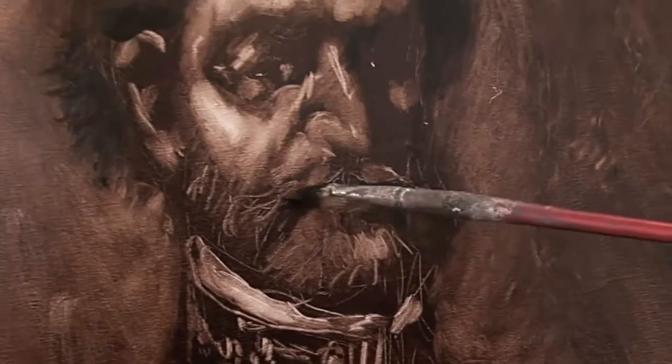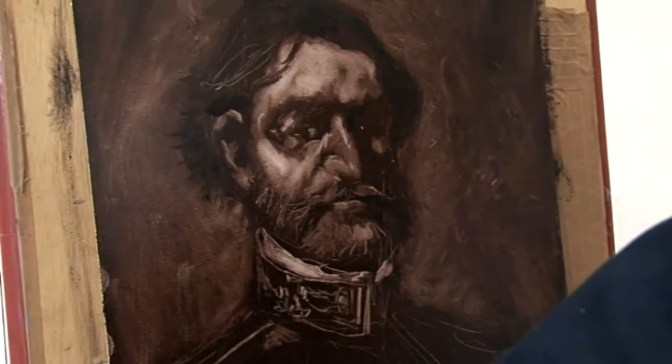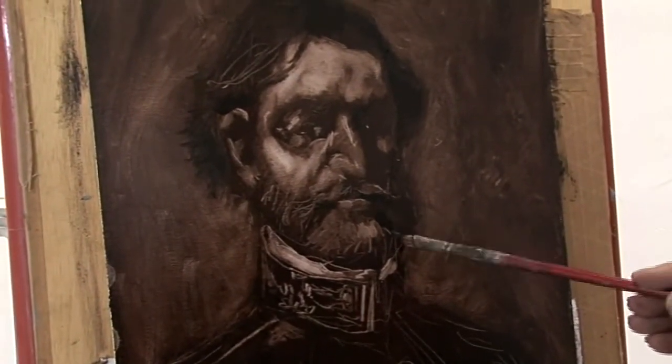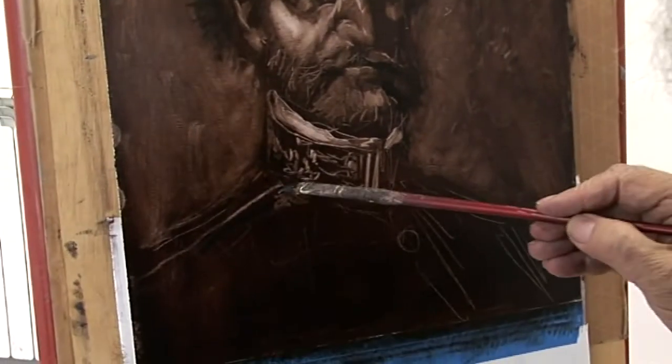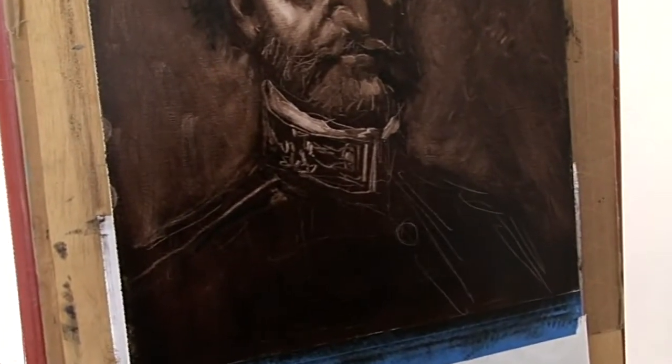Then I go down here and pick this up. Then this may have a little look like it's hair from the beard. So I execute that maybe a little more with dark. And then I come here and I execute this. And I'm now going to bring out,